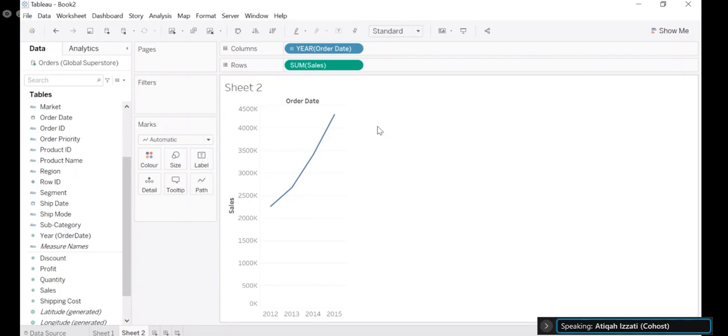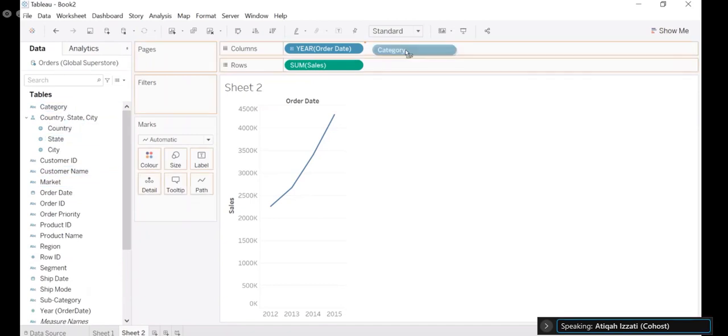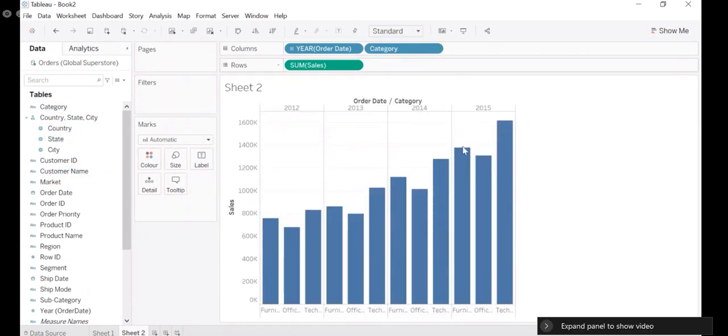So how can we make it more granular? If you want to make it more granular, we can add more dimensions to it. Okay, for example, kalau saya nak ambil kategori. Saya nak tengok, okay, based on category, which sales for which category is the highest. So what we have to do is we just drag category, find category here. Drag category to columns. Alright. So you'll see